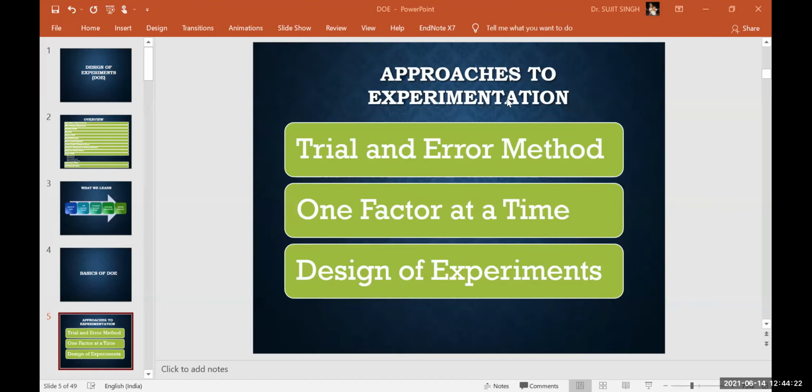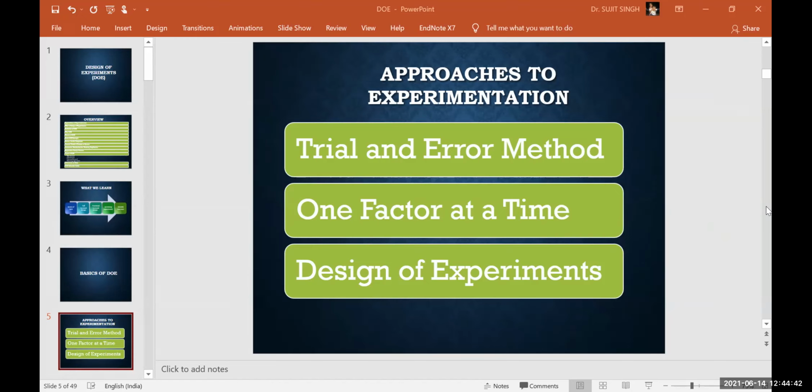Now conducting thousands of experiments, hundreds of experiments, and at the same time maintaining that data, what is the input, what output you received, and so on, that is very troublesome, complicated, complex. And here comes the design of experiments.